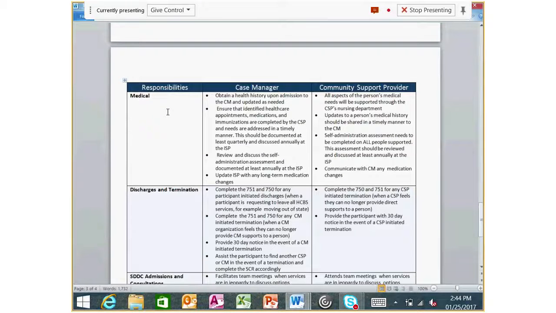This is Emily Johnson. I'm one of the nurses here at the division, and I just wanted to go over a few things related to the medical portion of the case manager and community support provider responsibilities. Starting with the case manager, we have to obtain a health history upon admission to the case management agency and update as needed. These would be just very brief things